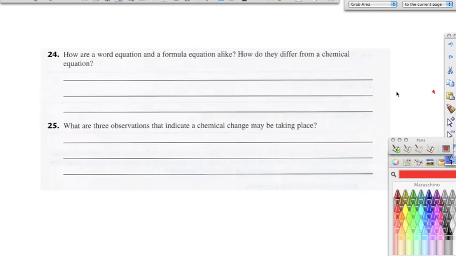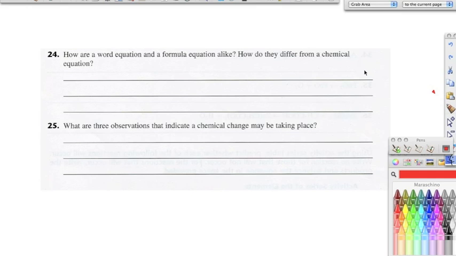Okay, moving on to number 24 and number 25. Number 24 says, how are word equations and formula equations alike, and how are they different from a chemical equation? Now, a word equation, remember, it just uses the words to tell us what is going on. It doesn't actually give us the formulas. Now, a formula equation gives us the formulas, but it's not balanced. Okay, they really just tell us what's going on, but they really don't give us any